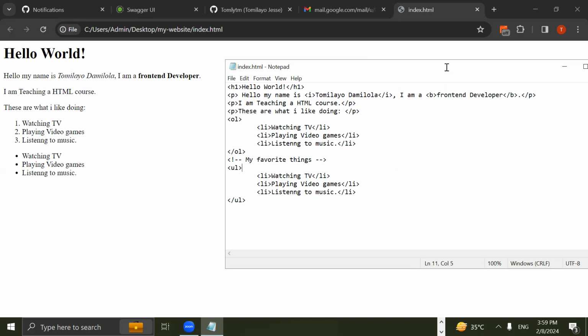Most of these tags, you can't say you want to memorize them, and you don't get to know them all at once, but as much as you use them, you get familiar with them. If you use them very often, then you shouldn't have a problem with them, and they will just be a part of you. So, moving on,